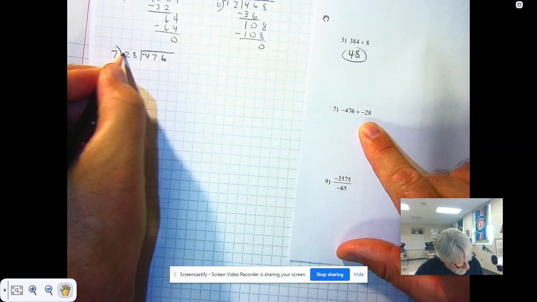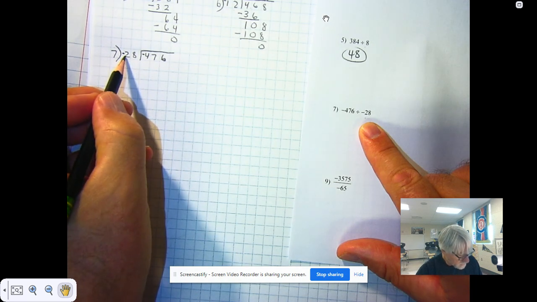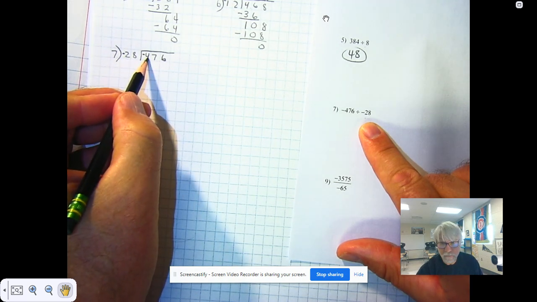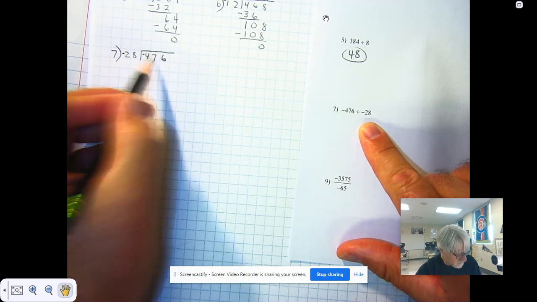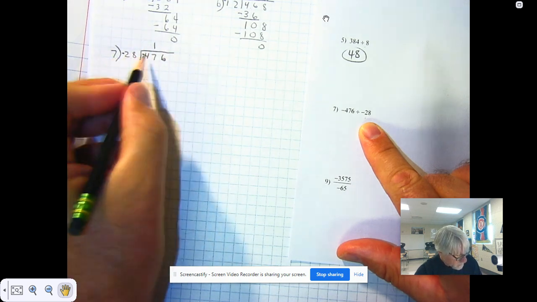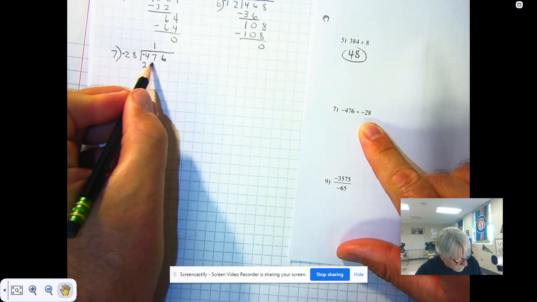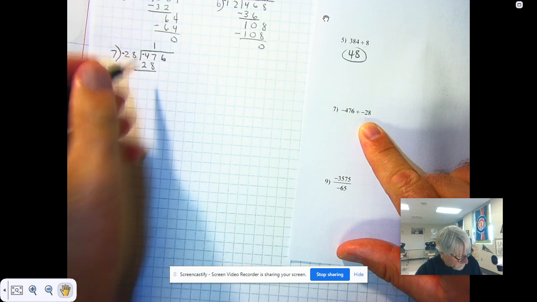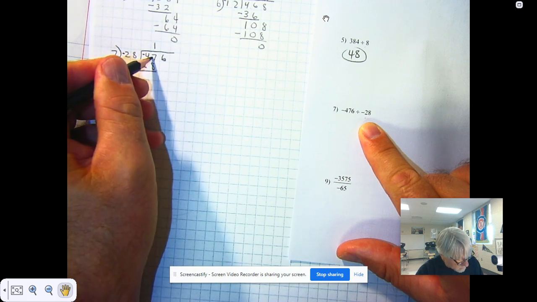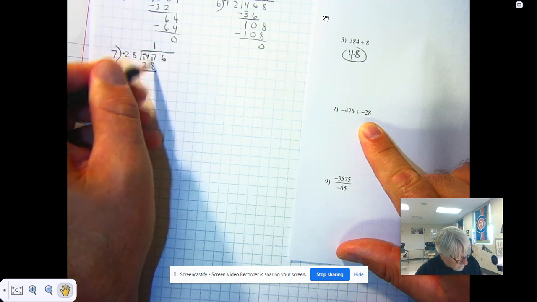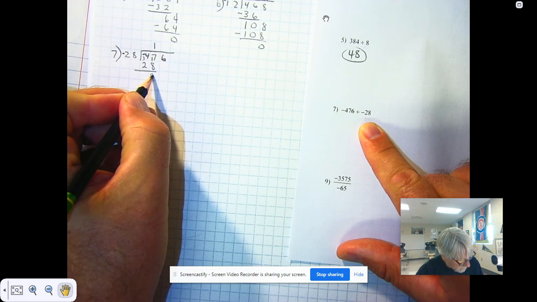28, and it is negative. Can you take 28 from 4? No, but you can take it from 47 one time. 1 times 28 is 28. And I don't worry about the signs. I just subtract after borrowing, and that gives me